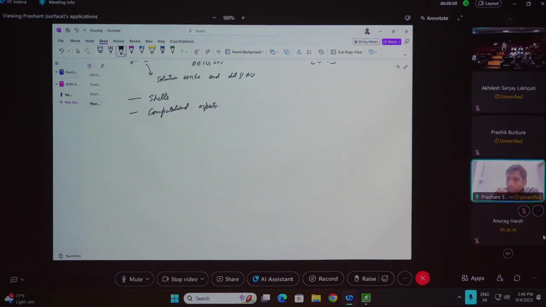So maybe I just start with the point of dealing with shells first, and then we see how we go forward. Okay. So we have seen membranes. We have seen membranes now,